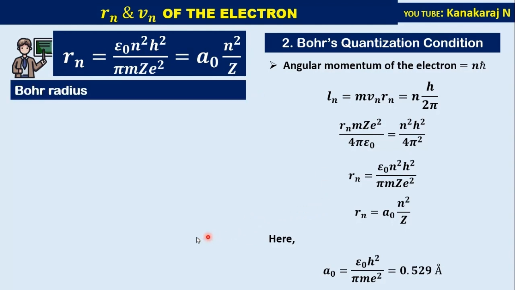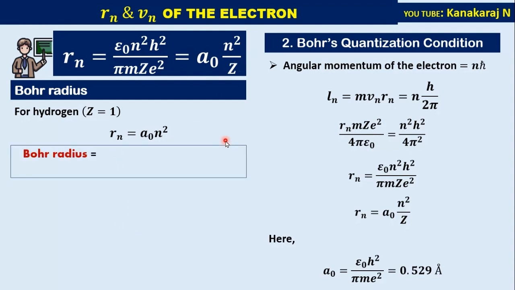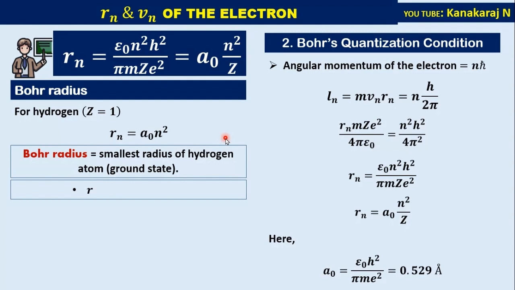Bohr radius. For hydrogen atom, Z equals 1. Therefore, Rn equals a naught n squared. Bohr radius equals the smallest radius of the hydrogen atom. This is possible when the electron is in the ground state. So, R1 equals simply a naught, which equals